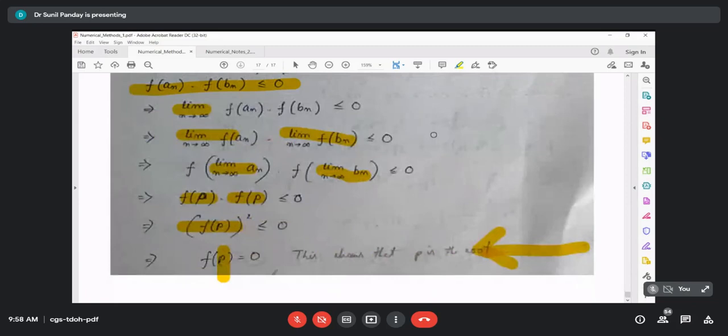So I think this topic is over. In tomorrow's class, we will learn how to solve systems of nonlinear equations. Here you are solving one equation like x cubed plus x plus 1 equals 0. Now we will solve, for example, x cubed plus y squared plus 3 equals 0, and another equation like x plus y equals 1, and how to solve these kinds of equations simultaneously. So we will discuss that in tomorrow's class.